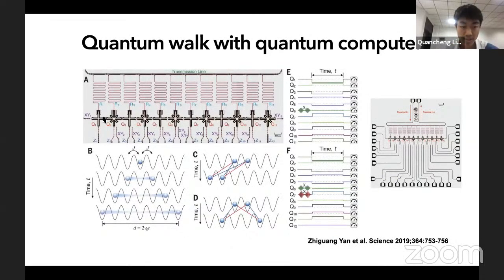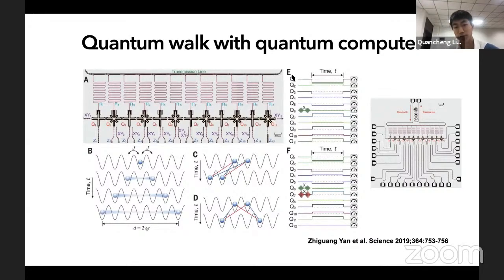So this is their qubit system, and here they have 12 qubits, but I do not know why not all are used. They only do 11 qubit quantum walks. And this is their control line. This is the z direction control, and this is the XY control. So the first step is you need to prepare a quantum walker in the system, and what they do is that they buy